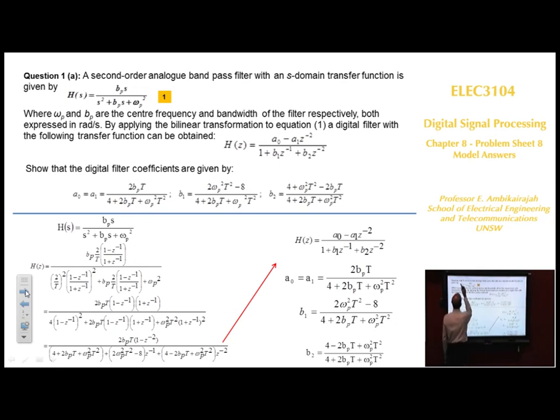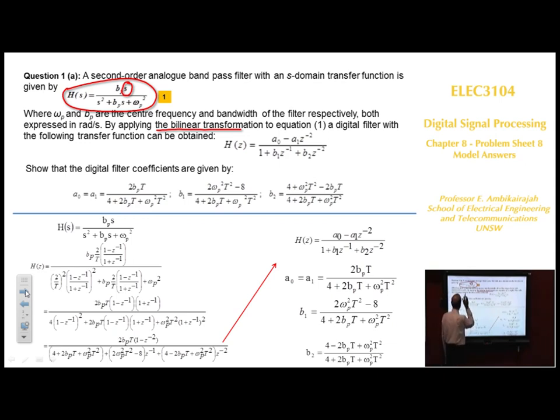You have been given a second order band pass filter. You can see that it is a second order band pass filter, and you have got S here on the top, so therefore it has to be band pass. All you've been asked is to apply the bilinear transformation to the equation. So you are applying it directly. You are not looking at any pre-warping here in this question, because you were just asked to